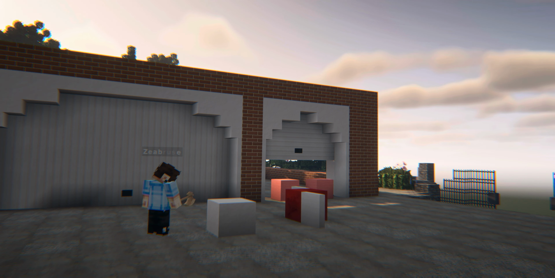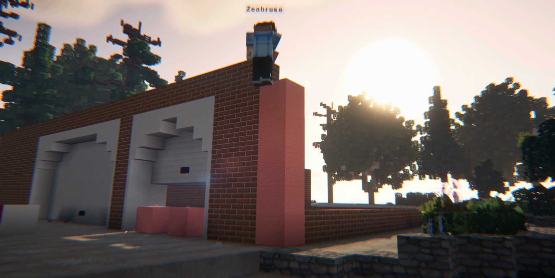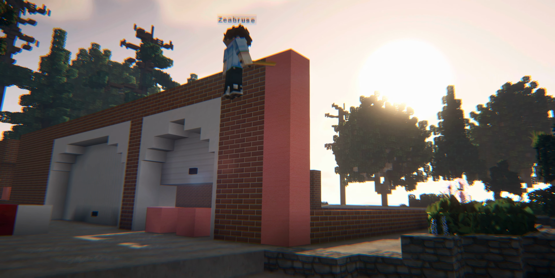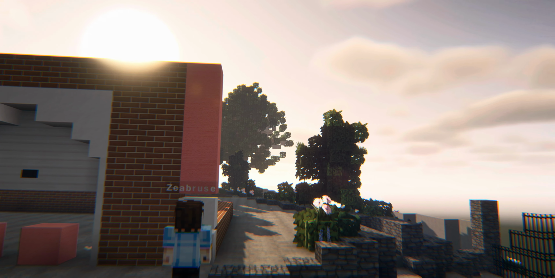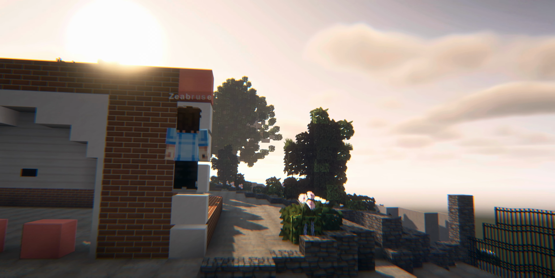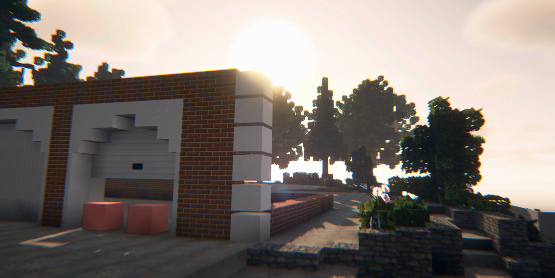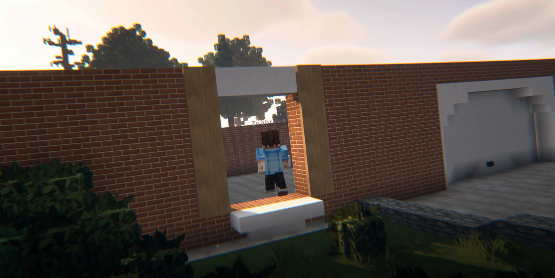in the next video. But anyway, a lot of people really wanted to know how I was placing doors on top of doors and snow layers on top of snow layers like I'm doing right here in this part of the video. And the answer is very simple. I'm using Build Edit. But how I'm doing it is a little bit more complicated and I'm not going to explain it right now, but after this video I will be recording another video teaching you guys how to use